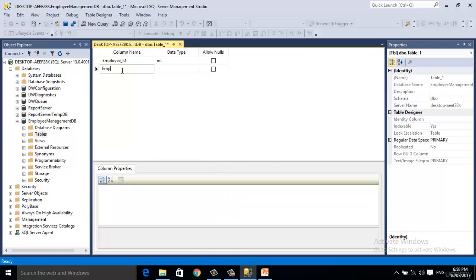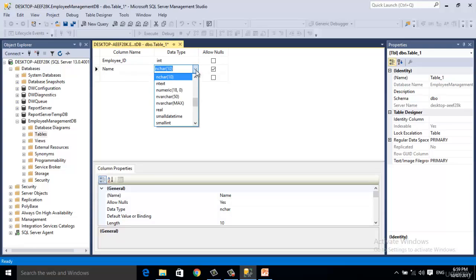Second column is employee name. Okay. Name normally contains the character values. Therefore, you can define it as varchar or text. I am going to select the varchar here.